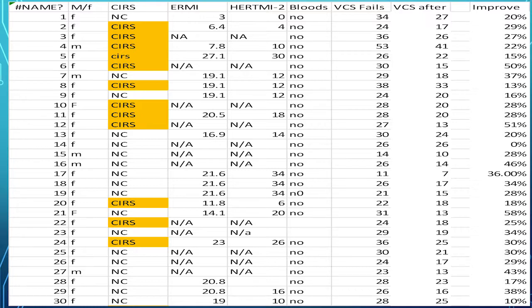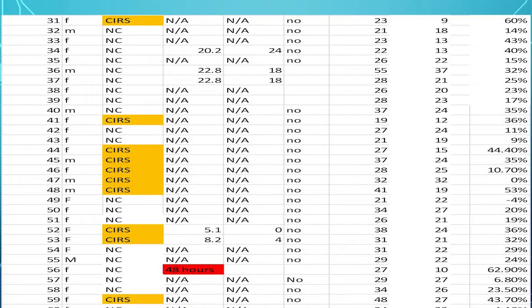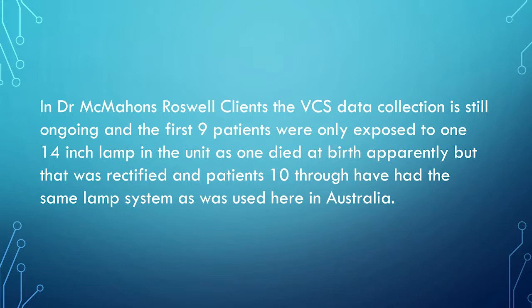But it does confirm that exposure to purified air and high levels of negative ions in 96% of cases that we've collected show a high level of reductions in VCS fails. Along with reductions in VCS fails, our clients have felt improvements in clarity, feeling more relaxed, and feeling just a lot better. In Dr. McMahon's Roswell clients, the VCS data collection is still